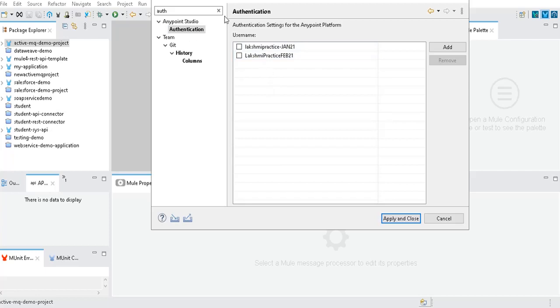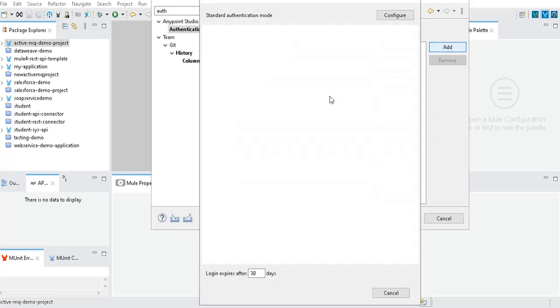If you are going to add authentication, you need to click on authentication here. You will use the CloudHub username and password to add this authentication. Sometimes you might face some issue.